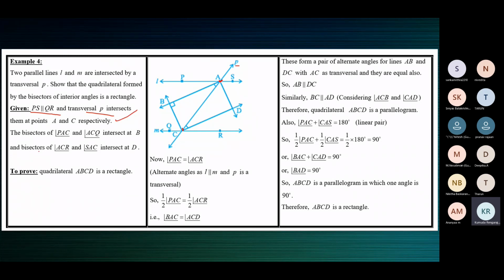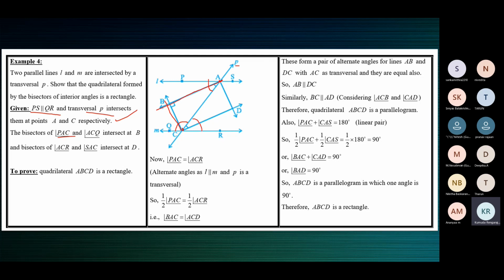Then the bisectors of angle PAC, all the interior angles are mentioned. Can you see? PAC. Run your eyes here. PAC, ACQ. This one is ACQ. This is PAC. The bisectors of PAC and ACQ intersect at B. The bisectors of PAC and ACQ, they intersect at B. And the bisectors of ACR, this is